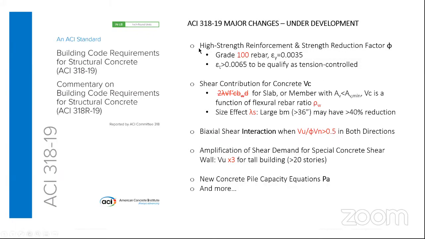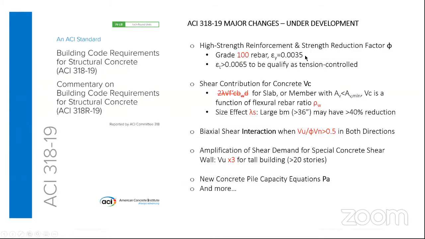The first one I want to talk about is that ACI now allows you to use high strength reinforcement, namely grade 100 rebar. As you may imagine, if you're using grade 100 rebar, the yield strength of the rebar is a lot higher than the typical grade 60 rebar. So the yield strain is 0.0035. Now,